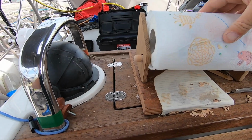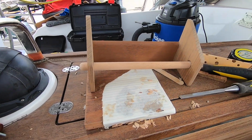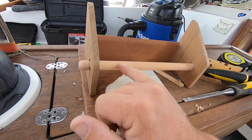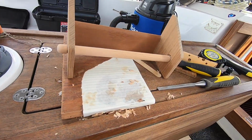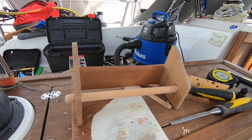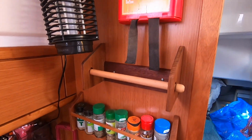That will go in there. We'll give it some teak oil now, see what it comes up like. A little bit of sanding needed more in there, but thanks to Giles and his piece of teak, we're just about done. She now has a matching